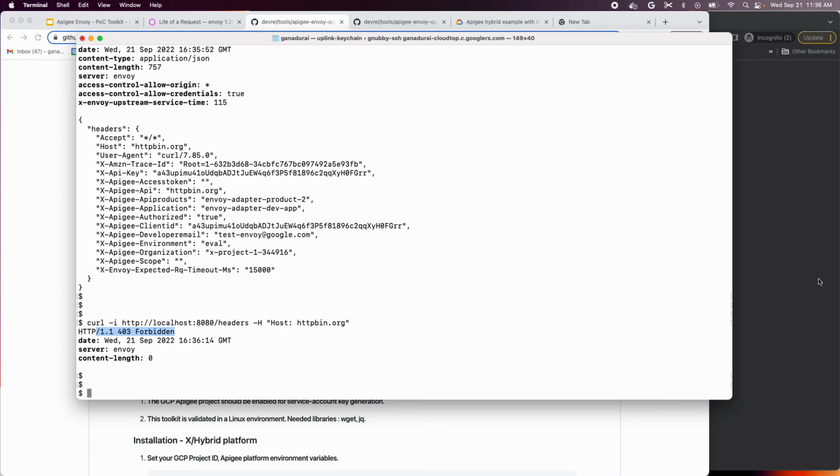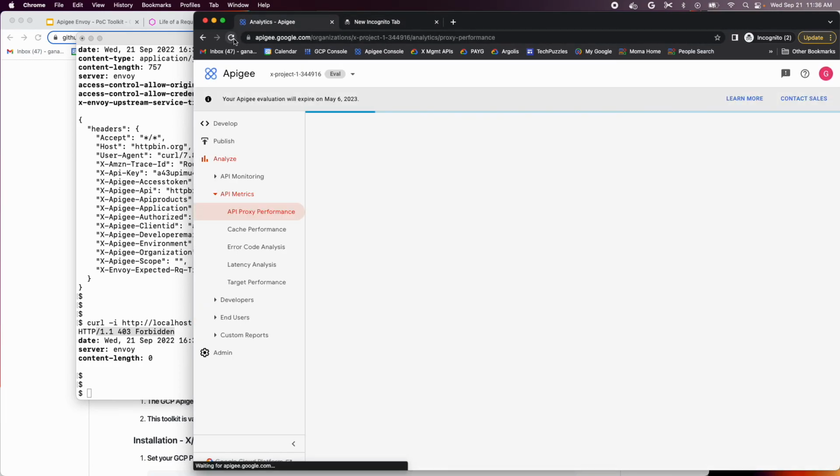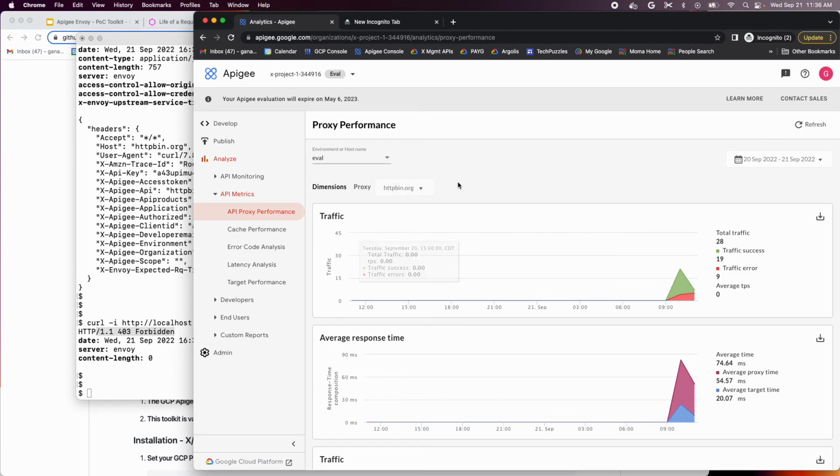Let's step into the Apigee platform itself. So as you can see here, what I'm looking at here is the performance of my HTTP bin service, right? So as I mentioned, the Apigee adapter not only is used for authorization, it's also used for streaming the request, right? So what I'm seeing here is this is the target service that Envoy is using. So that is the proxy, or the name of the proxy, which is the target that's used in the setup. Okay, so you can see here the metrics are being collected on the Apigee platform,